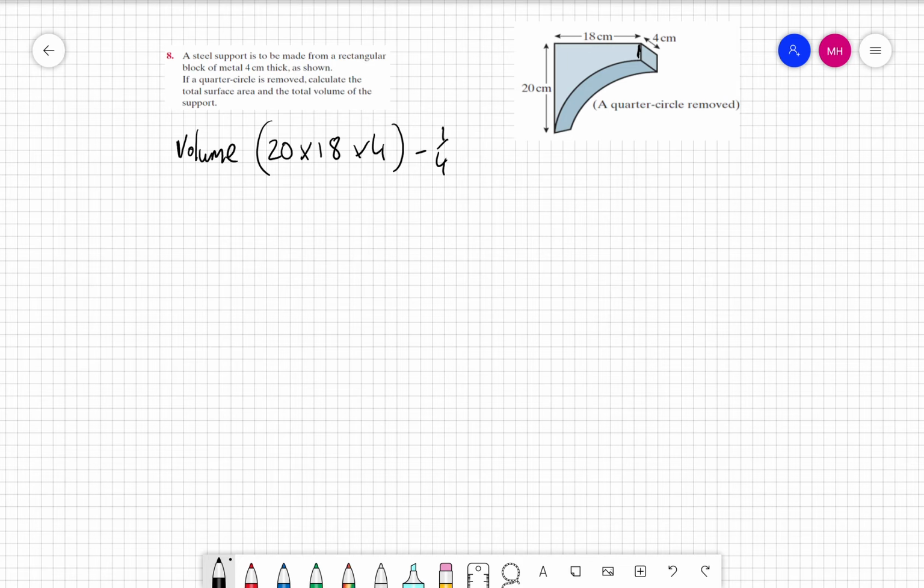The volume of a cylinder is pi r squared h. So 20 by 18 by 4, we're talking 1440 centimeters cubed minus a quarter,